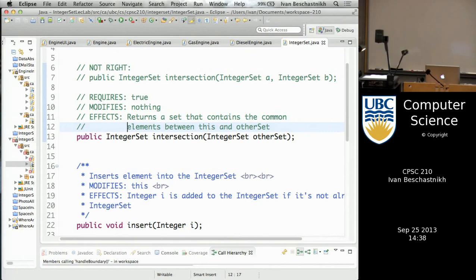Sometimes people specify things in the requirements, but at least within the context of our class, we're not going to specify the parameters that you call in the requirements. You could, if you wanted to be extra detailed, but generally